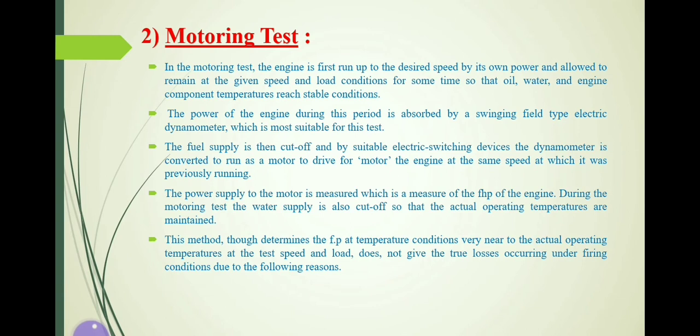Now this power we are using for measuring the friction power, that is the difference between the 25 kilowatt and 20 kilowatt. That 5 kilowatt is nothing but your friction power, because our engine is running, that brake power was 20 kilowatt. Now the engine is running at the same speed, but input energy is 25 kilowatt. So that 5 kilowatt of energy is the energy wasted when our engine runs at a constant speed. By using this method we are able to find out the friction power.